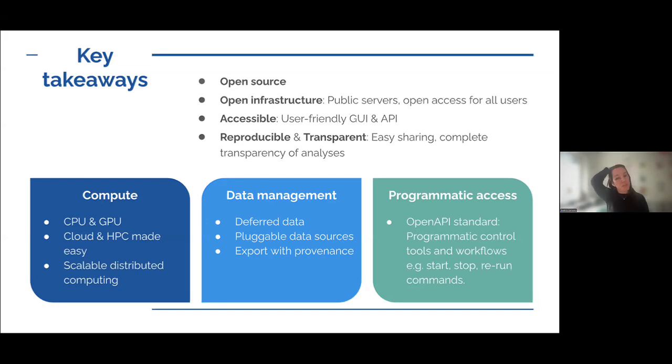The export with provenance is also interesting because you keep track of everything that happened. So any other person could reproduce this, or your future self, who usually forgets what we did a while ago. So that's also a nice resource for us. And the programmatic access I mentioned at the beginning as well. So there's an open API standard, so anyone can go there and with some commands start and stop the processes and so on. So those are the summary